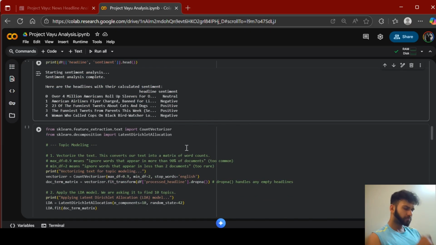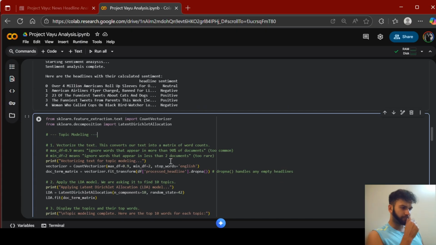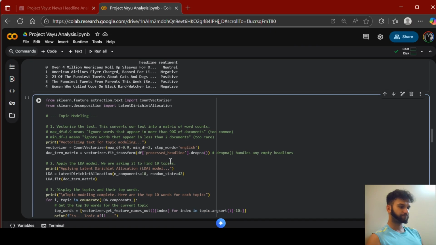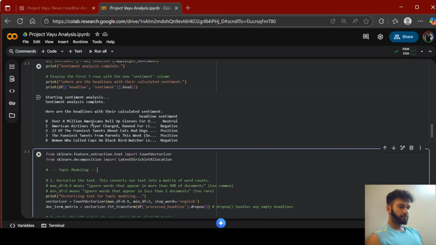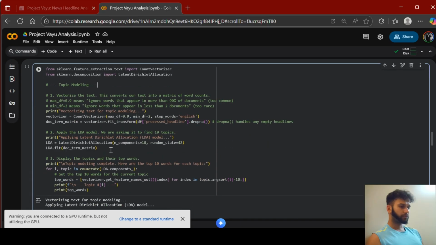Now comes again one of the important parts, and here your machine learning enters. सिंस एस्किलन को हमने यहाँ पे इंपोर्ट किया, काउंटर वेक्टराइजेशन, लैटेंट डिरिक्ले एलोकेशन, एलडीए. सो एलडीए इज अ फेमस स्टैंडर्ड एल्गोरिदम. एल्गोरिदम बोलो, प्रोसेस बोलो, ठीक है, अंडर मशीन लर्निंग. सो अब इतने सारे वर्ड्स हैं यहाँ पे. ओके. वर्ड्स एंड ऑल इज देयर. उसके बेसिस पे यू हैव टू कैटेगराइज इट एज 10 थीम्स और 10 टॉपिक्स.